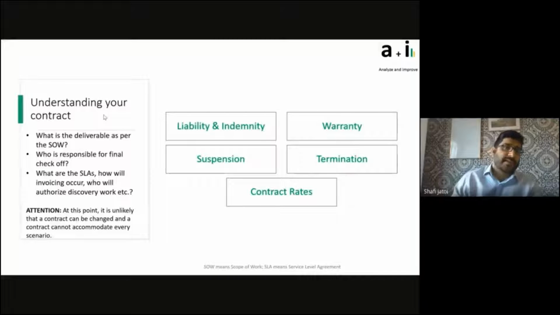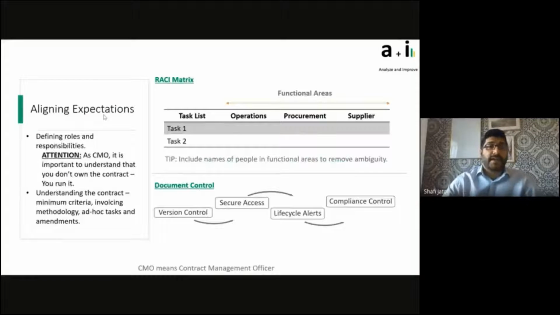It's more important to understand what is to be delivered, because at the start of a relationship, there's a lot of positivity, there's a lot of momentum. There's good vibes going on, so you want to be able to take advantage of that. Aligning expectations is part of that excitement up front.